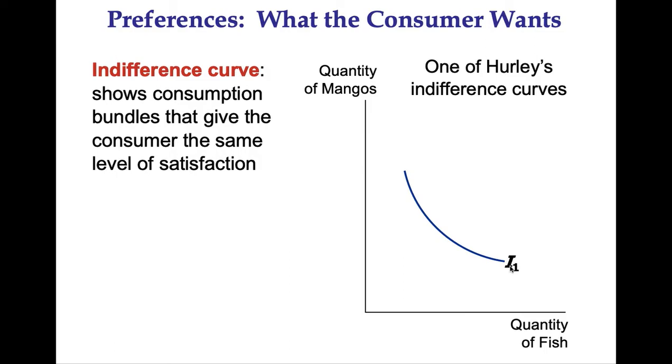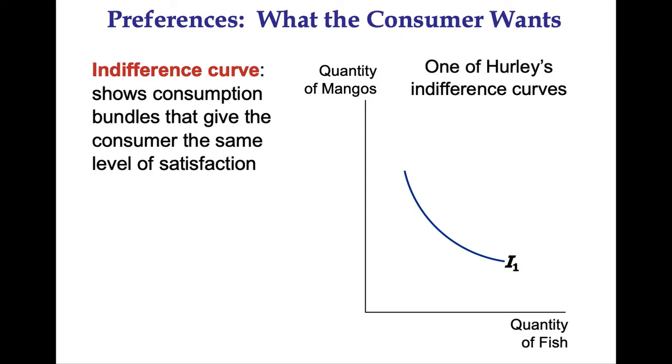We call it I1 to mean indifference curve. The indifference curve represents the curve of satisfaction of the consumer. This curve shows the consumption bundles that give the consumer the same level of satisfaction. It is composed of an infinite number of bundles of mangoes and fish that give the consumer the same